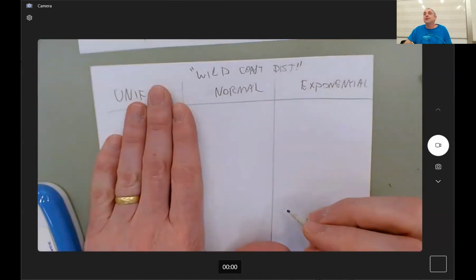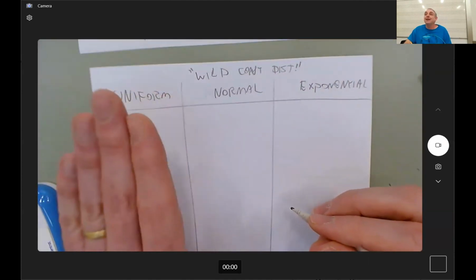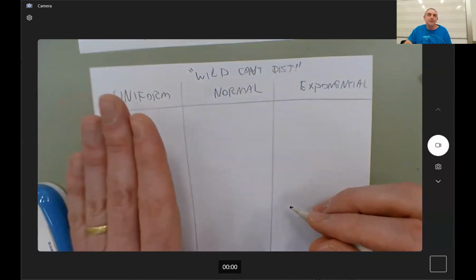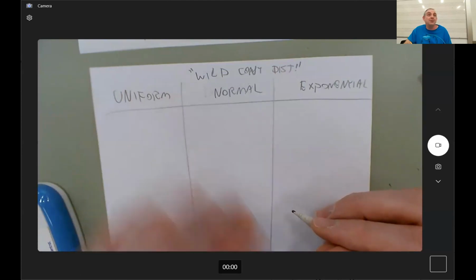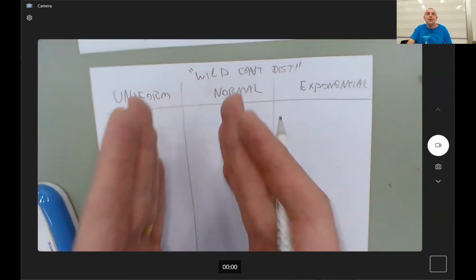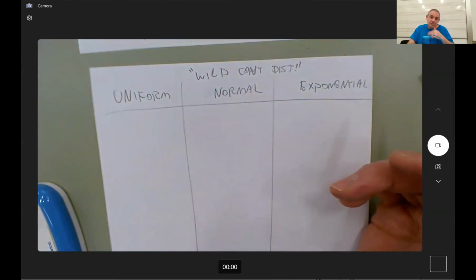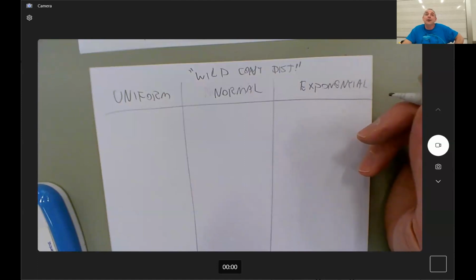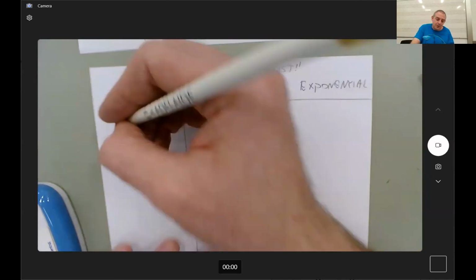The uniform distribution is literally saying that it's just as likely to be near any number as it is to be near any other number. They're all the same chance of being close to them. Any zone that's the same width will have the same probability. That's what a uniform distribution is. Now, I don't know if uniform distributions really exist in the wild, but it's a good guess for a distribution if you don't know anything. So, uniform distribution